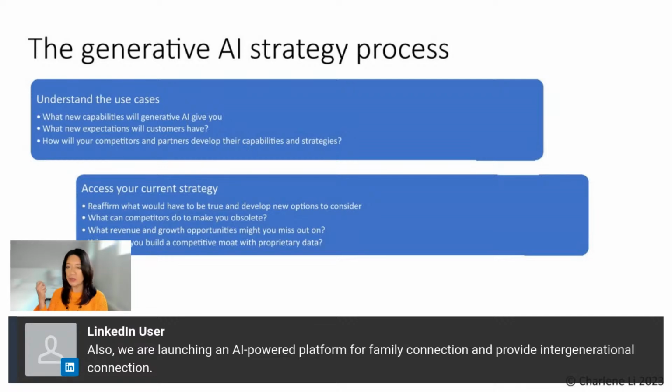You made some assumptions about how the industry would develop. You believed that certain things would be true about the ways that your customers would want to buy your products, what their needs were going to be. So, what did you assume to be true? What would have to be true for your strategy to be successful?